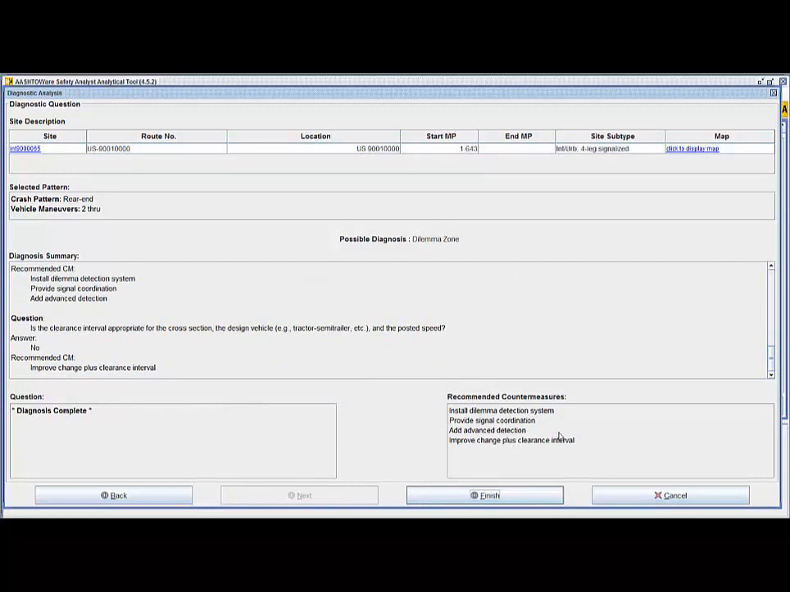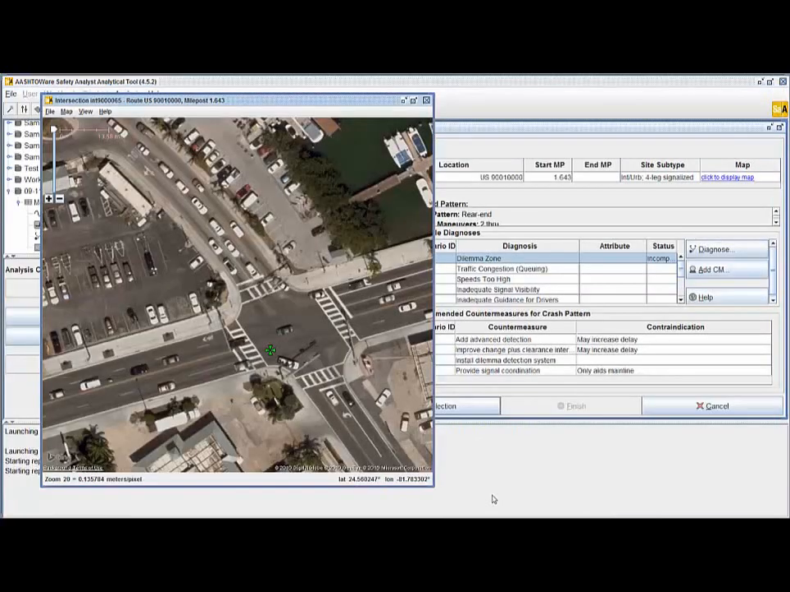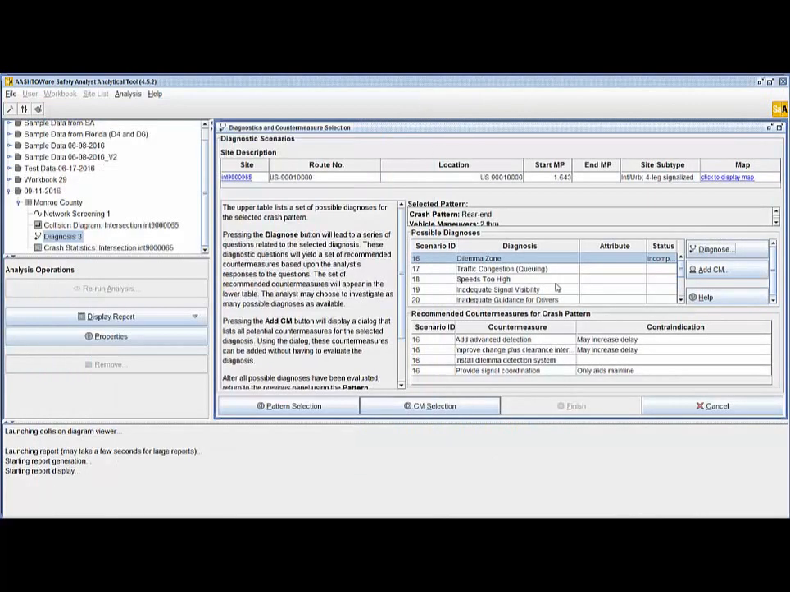And the next recommended countermeasure is improve change plus clearance interval. And the diagnosis is complete, and let me hit finish. Let me close this. And based on this diagnosis, safety analysts recommended four countermeasures, and there are contraindications for a